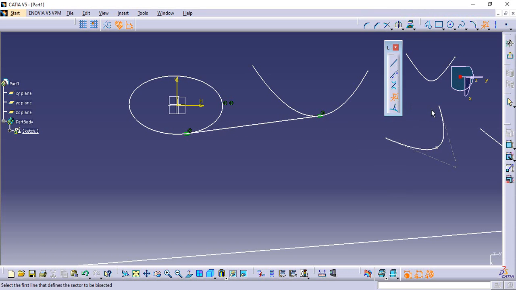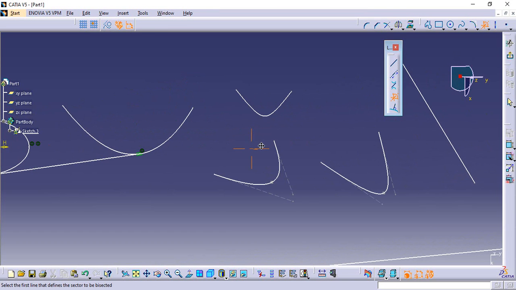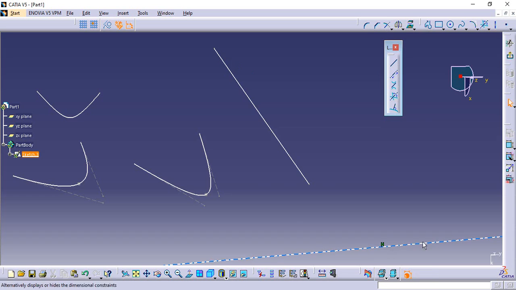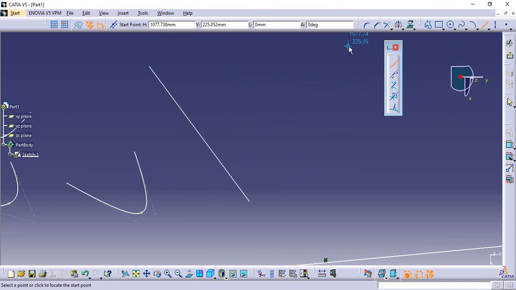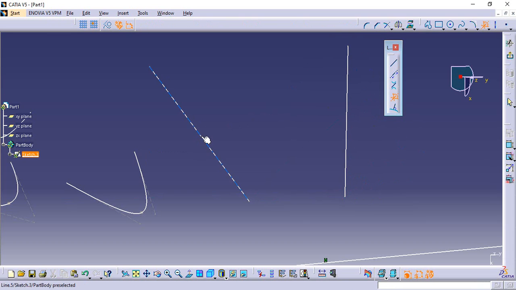This is the bisecting line. Bisecting line means between the two, it's like an angle bisector. Okay, I will explain. This is my one line and I will construct one more line at any point. Now I will select these two lines and the line will pass through the center of these two lines, like an angle bisector. The angle between those two lines, suppose 120 degrees, then the line is at 60 degrees from the base.